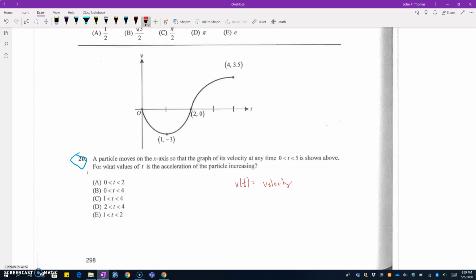All right, so we know that v prime of t would be the acceleration. So if we want to find out if that's increasing, we need its derivative, v double prime of t, to be greater than 0. All right, now that means this graph,